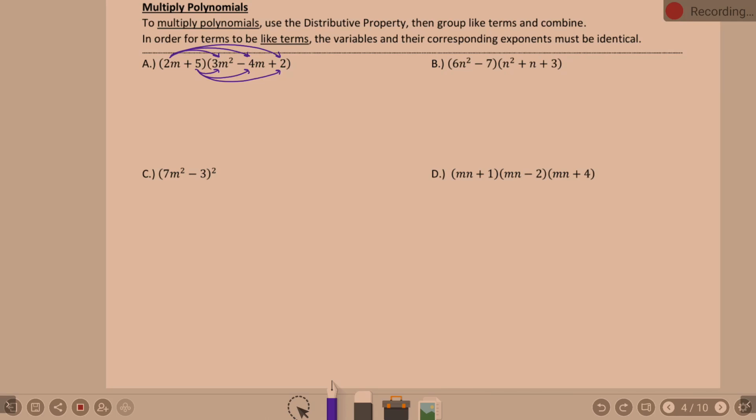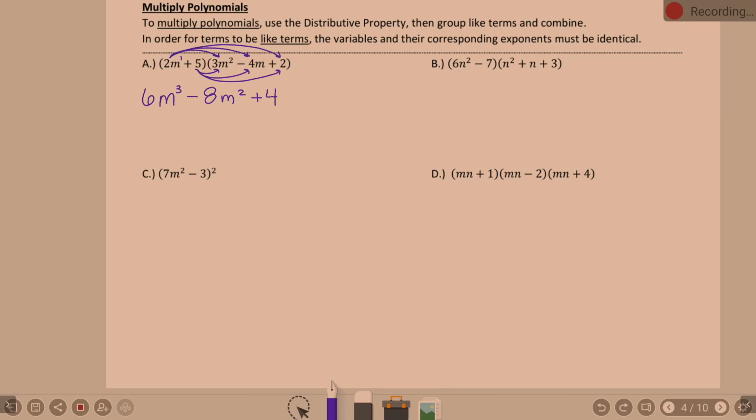Okay, so 2m times 3m to the second becomes 6m to the third. Are we good there? You're multiplying your coefficients. 2 times 3 is 6. And then what are we doing with our exponents? We are adding them. Does this sound familiar? Okay. Continuing then. 2m times minus 4m is minus 8m to the second. Good. 2m times 2